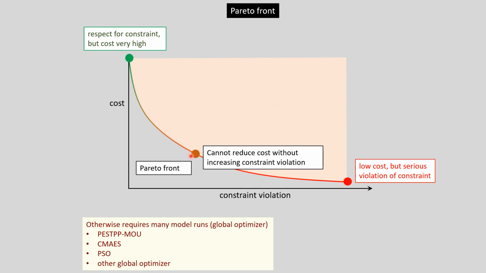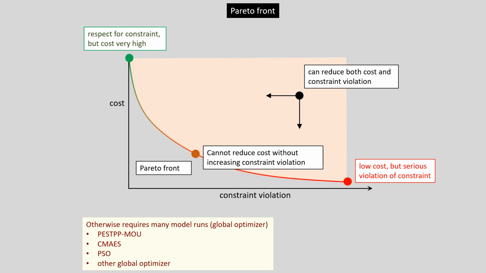For any point on the Pareto front, it is not possible to reduce the cost without increasing the extent to which our constraints are violated. However, to the top and the right of the Pareto front, decision variables are such that we can reduce the cost and reduce the extent to which constraints are violated at the same time, not on the Pareto front. So this defines a kind of trade-off curve,